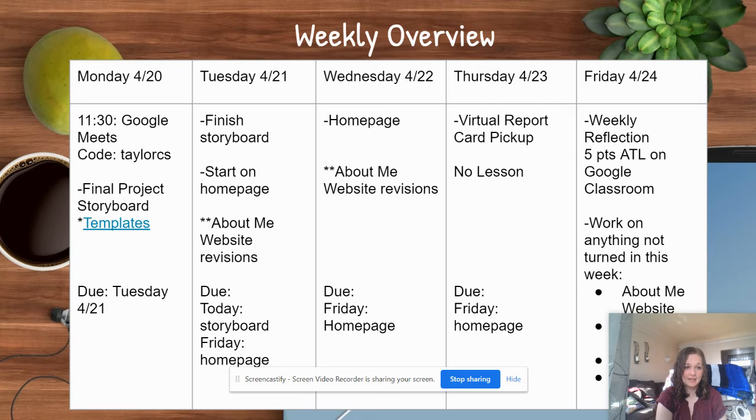On your home page, what I'm looking for when I take a look or grade it on Friday is to see that you have a working layout. So please do not start on pages 2 or 3 until I've checked page 1 and made sure that it works, just because it's easier to go back and fix code on 1 page than trying to fix it on 3 pages. That also means that for that home page, you're also doing that CSS page. Again, there's going to be more specific information for this when you watch the video specific to the templates.